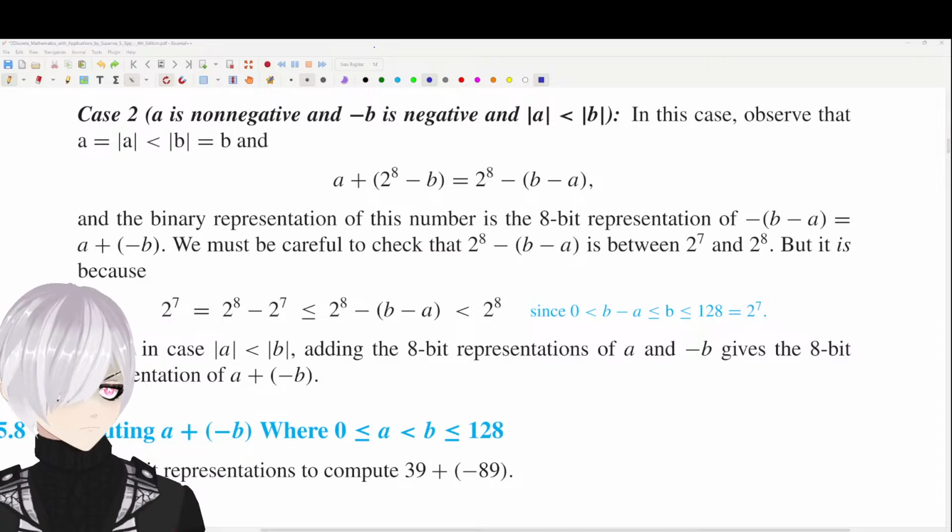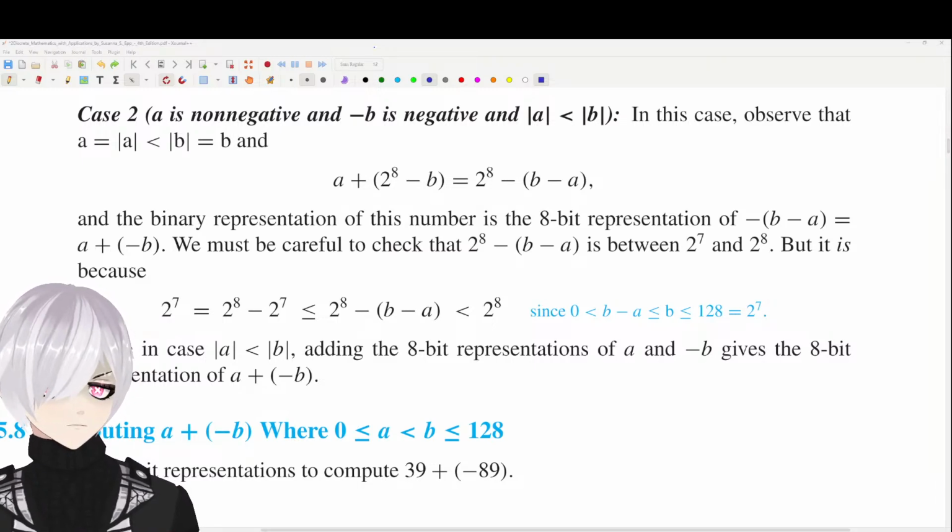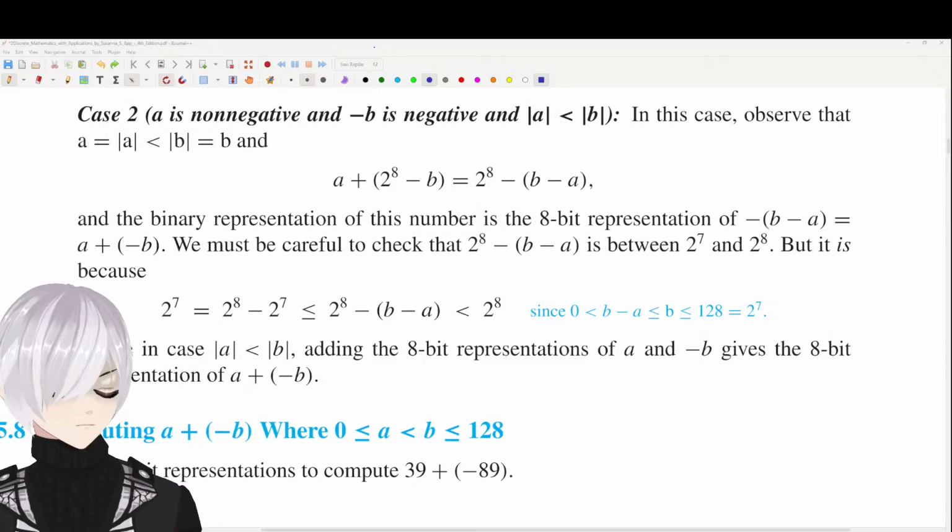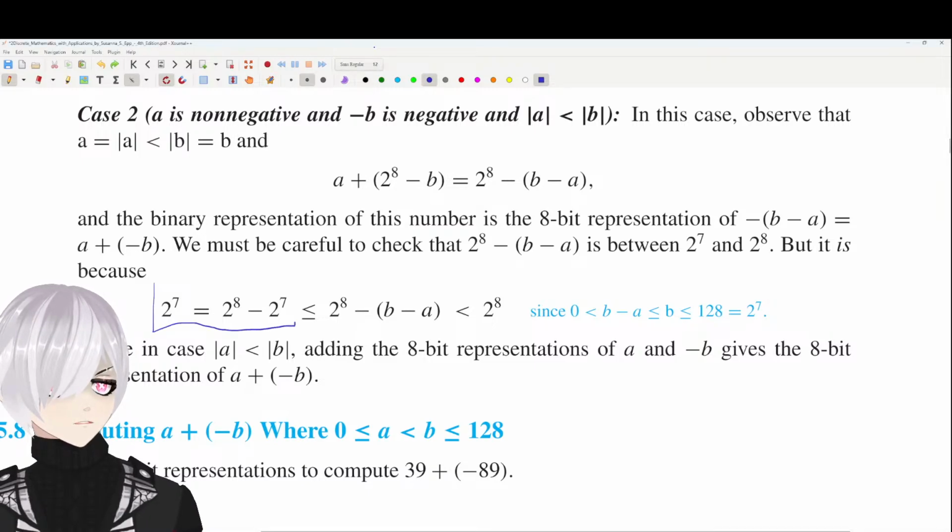And b is less than or equal to 128 because b is the absolute value of a negative number. And here we can only look at negative numbers with absolute value up to 128. And 128 equals 2 to the 7th. And so 2 to the 8th minus b minus a, since b minus a is less than or equal to